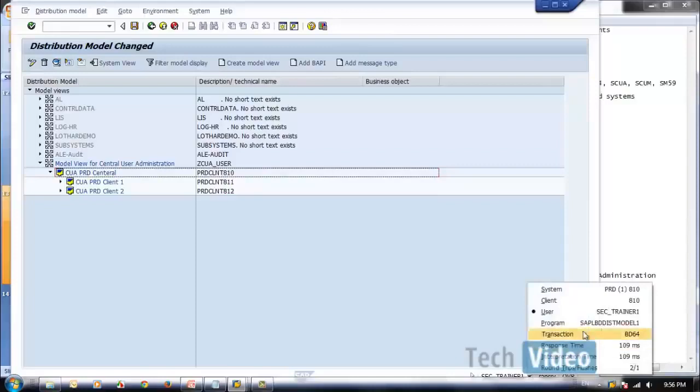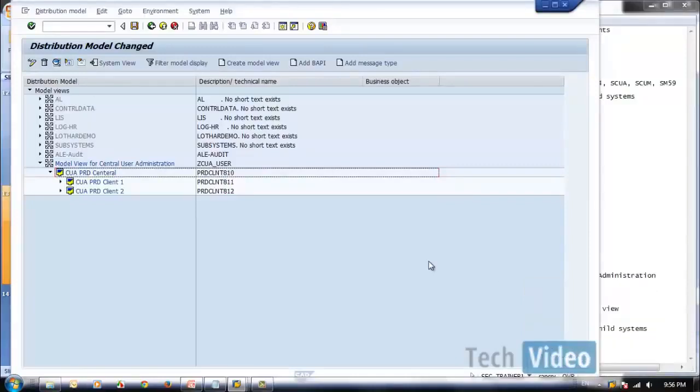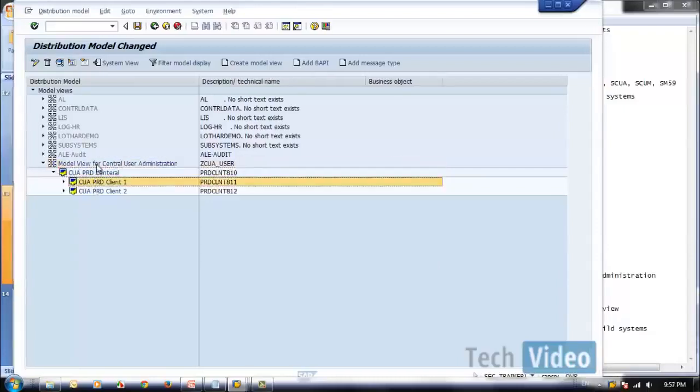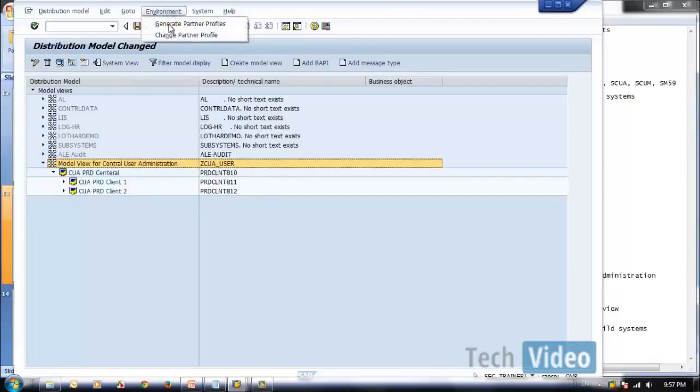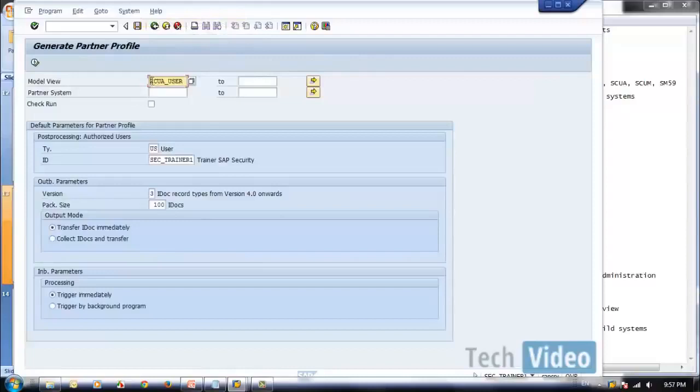Right now we are in 810, so this needs to be generated and distributed. So to generate the partner profile, you select the model view, select this and go to environment and generate partner profile. The model view is CUA user and say execute.